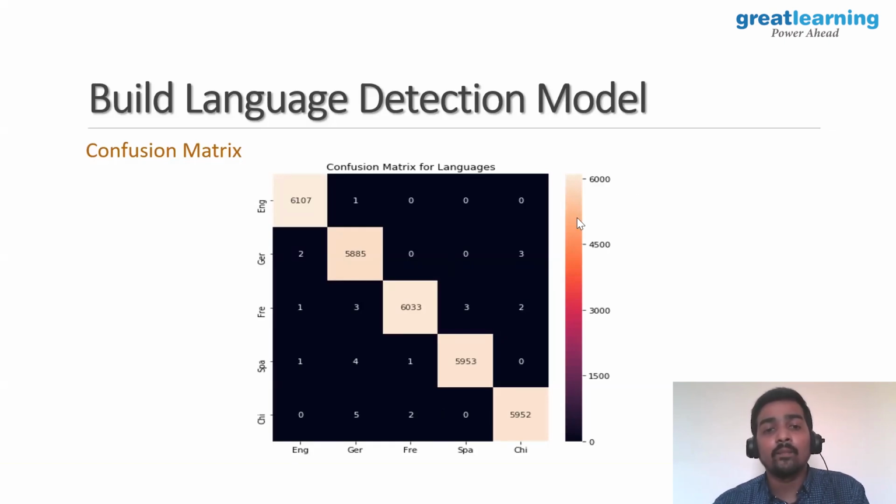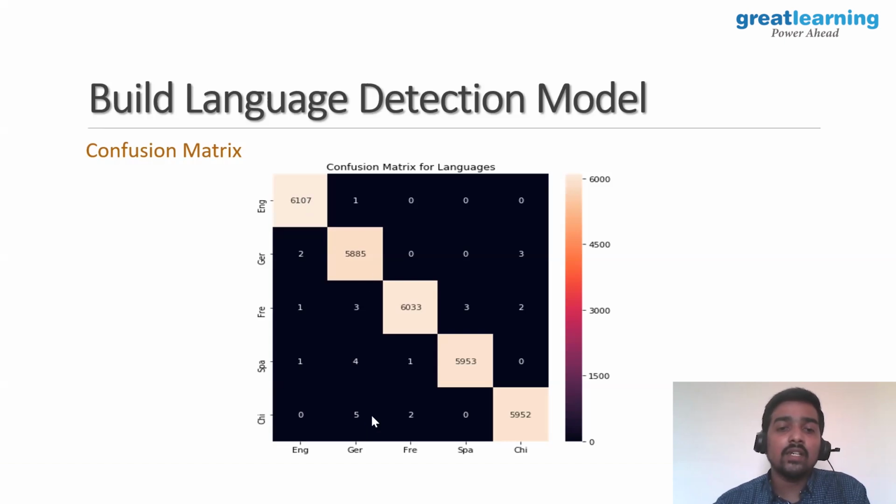Now we'll understand it. Okay, here 6107 records are predicted as English, which are actually English. Sentences which are English have been predicted as German in two cases, right? And sentences which are actually English have been predicted as French in one case, and as Spanish in one case. So there might be a few cases which are really negligible, but again we can improve the model performance by utilizing the additional parameters which we have in the model and also in the vectorizer techniques. Okay, and English is almost doing well. And coming to the German, right?